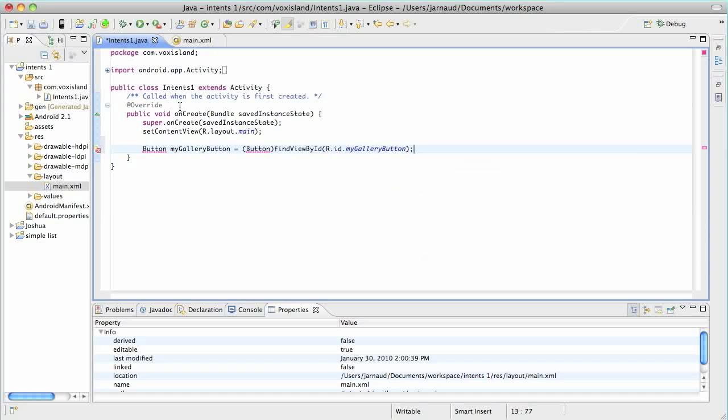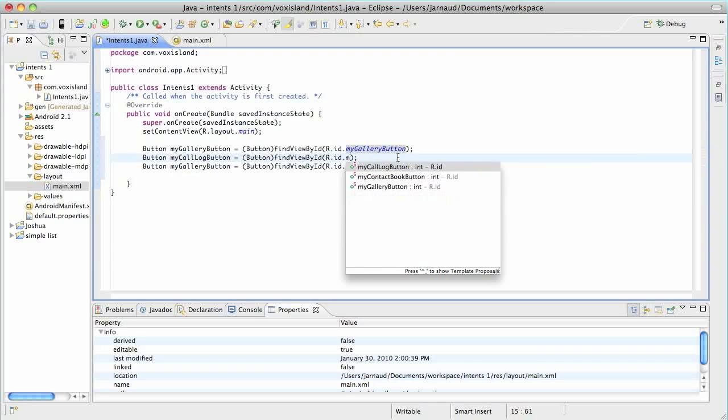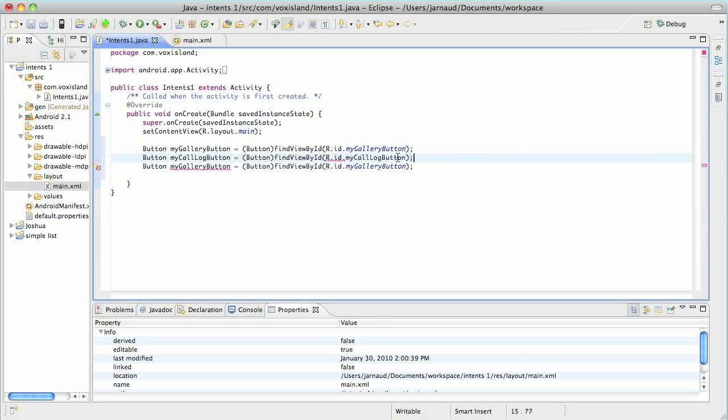So you have already seen that many times. I'm importing the missing classes, and with cut and paste I'm gonna create the 2 other buttons. So for the second we said my call log button, here it is, and for the third one